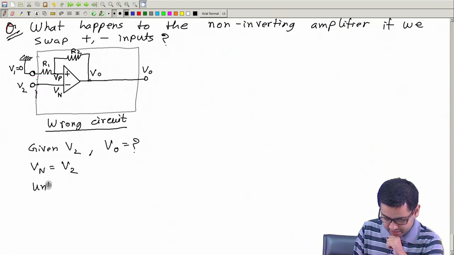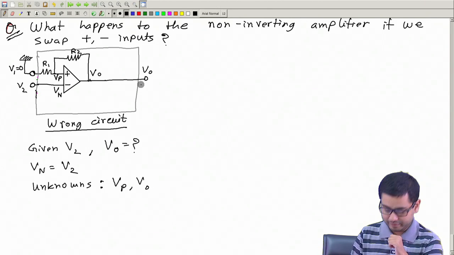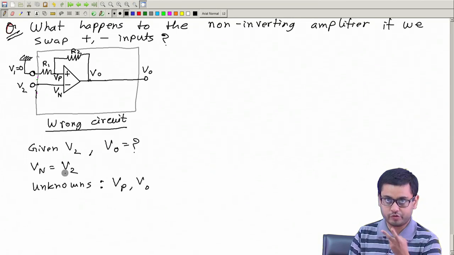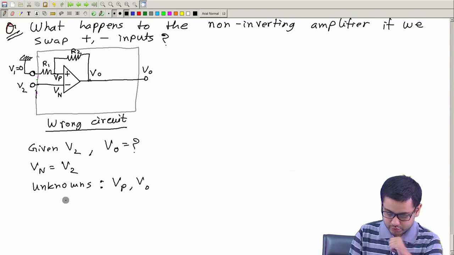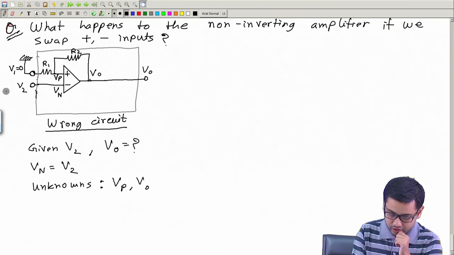So unknowns are Vp and VO. Output, of course, this is what we want to find out. So there are two unknowns, so we need once again two relations, two equations. Now the first equation will come from this part of the circuit, which is the series combination of R2 and R1. This potential is 0, so we can immediately write Vp